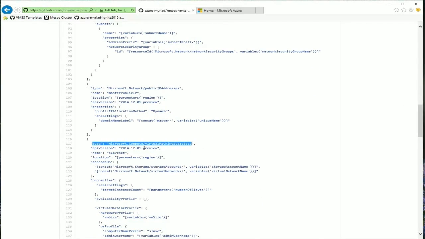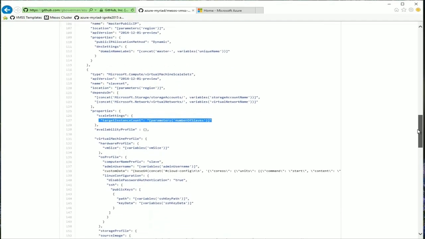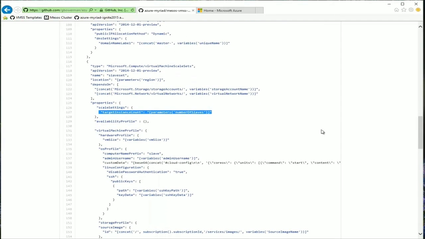It takes in a parameter that says which location I want to create this VM scale set in, in this case maybe West US. And then it takes another parameter called target instance count. This is where you would specify how many instances, right? If I want 1,000 VMs in the scale set, you would say 1,000 here.